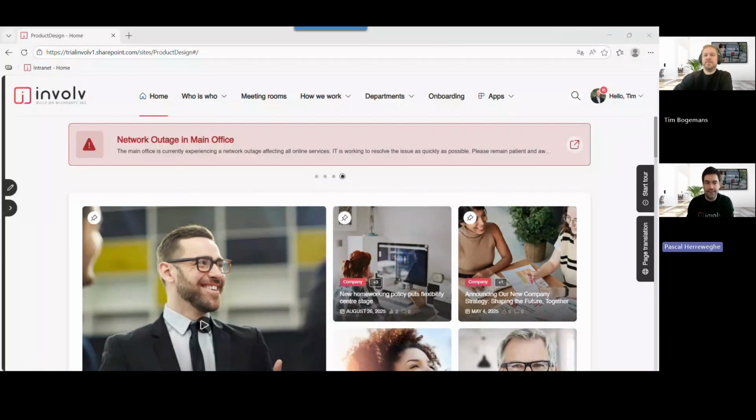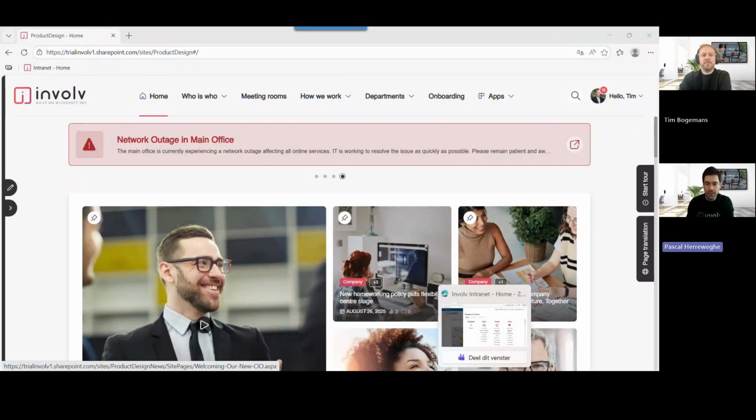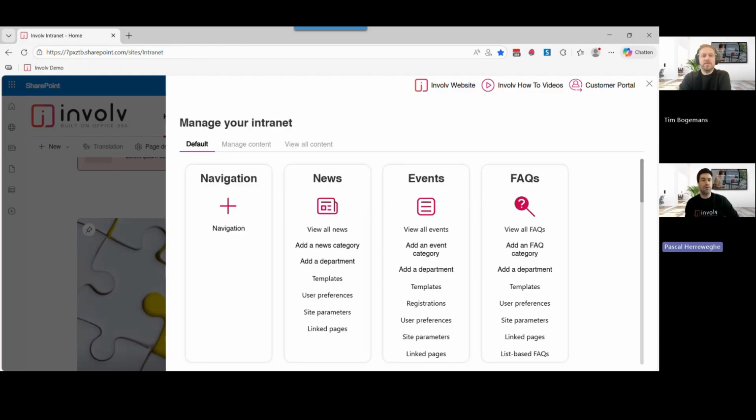I'm going to start things by showing the new Involv Manager, but before I do that, I will actually show the old one. It will make it easier to compare things. So I'm going to share my screen like this. All right. This is actually product design. It's the environment that I will show in a minute. And this one is my own demo environment. And as you can see, this is the old Involv Manager that I think most of our clients actually know